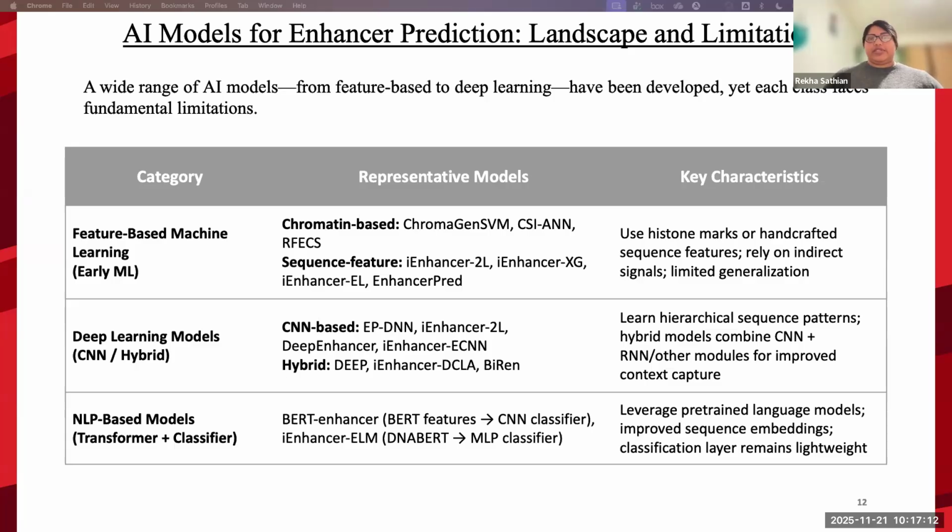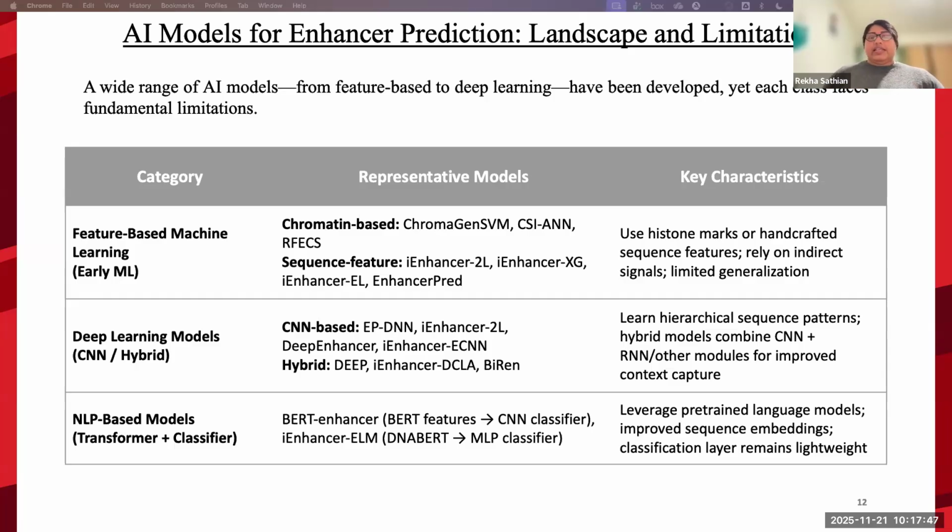One is chromatin-based models, which use features like histone marks or other epigenetic signals, and they provide indirect clues about the enhancer locations. The second category is the sequence feature models. They rely on handcrafted sequence features or even nucleotide compositions. This definitely improved prediction accuracy compared to the previous models, but they remain limited by feature engineering and short